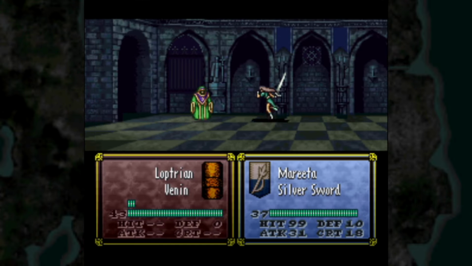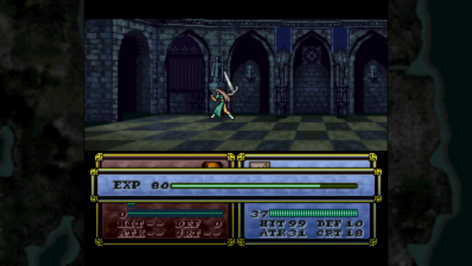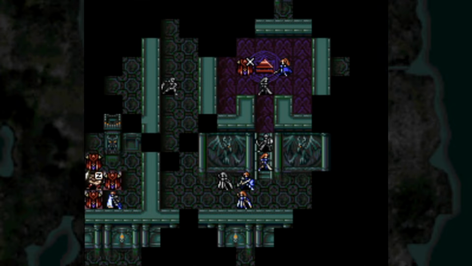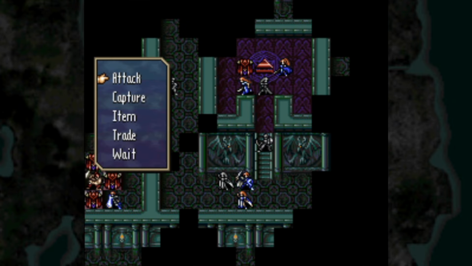One thing that is admittedly pretty cool about Marita and Avol is it's a rare positive portrayal of adoption for a Japanese game in this era, because nobody really denies that Avol is Marita's real mother. Speaking of Avol, we're going to be getting some extra dialogue with her later, and